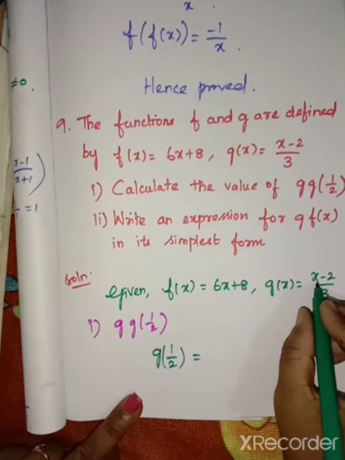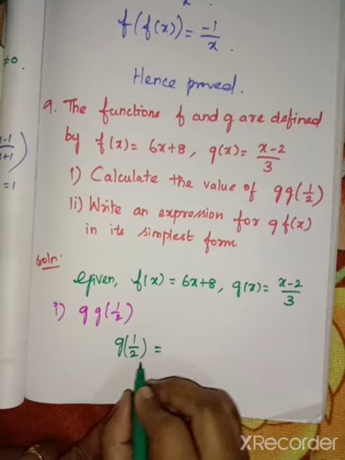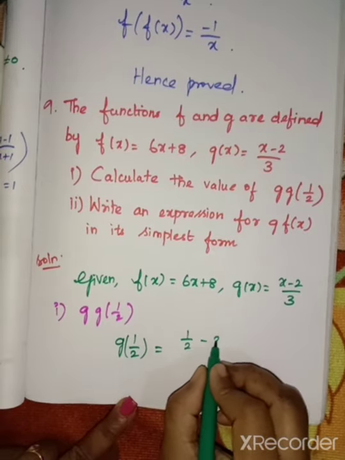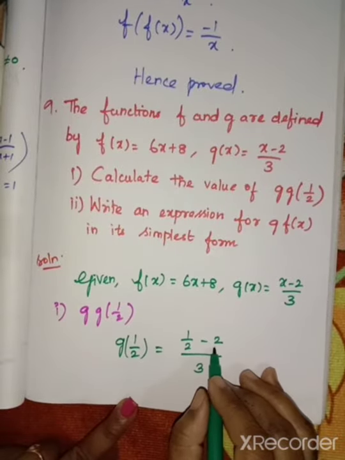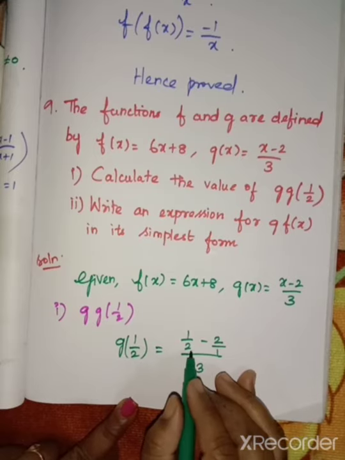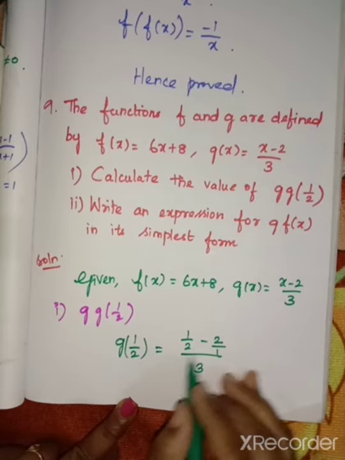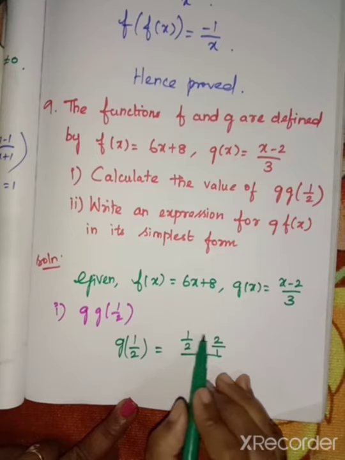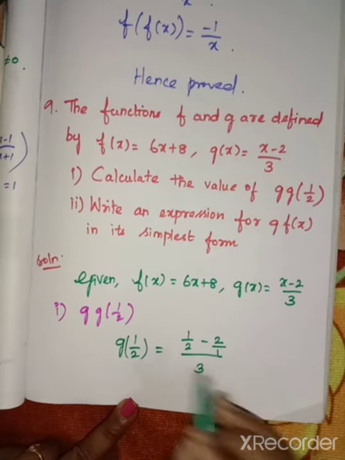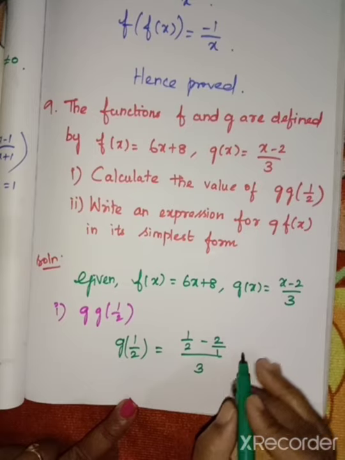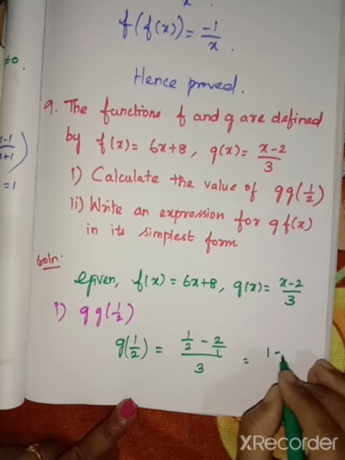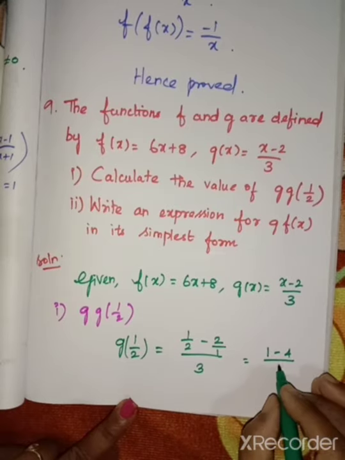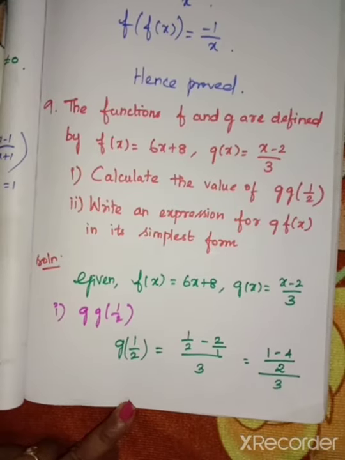So here we have x. In place of x we have to substitute 1 by 2, minus 2 divided by 3. In the previous sum itself I told, if there is no denominator, then here we have 1. So you didn't cancel this one. Like they didn't tell, because in between we have the negative sign. So here we want to use the cross multiplication alone. So 1 into 1, 1 minus 2 twos are 4, divided by 1 2 is 2, divided by 3.